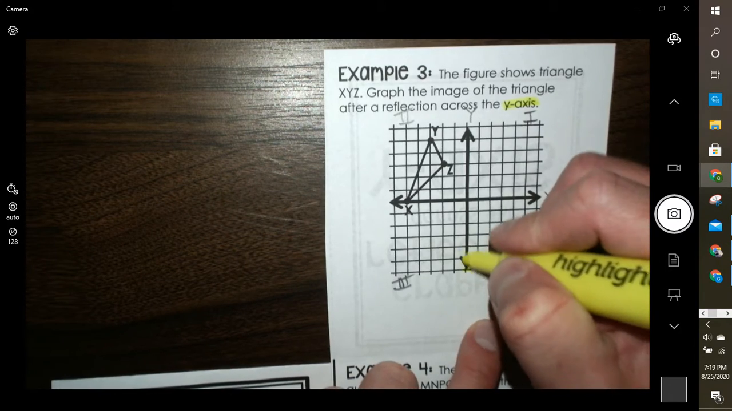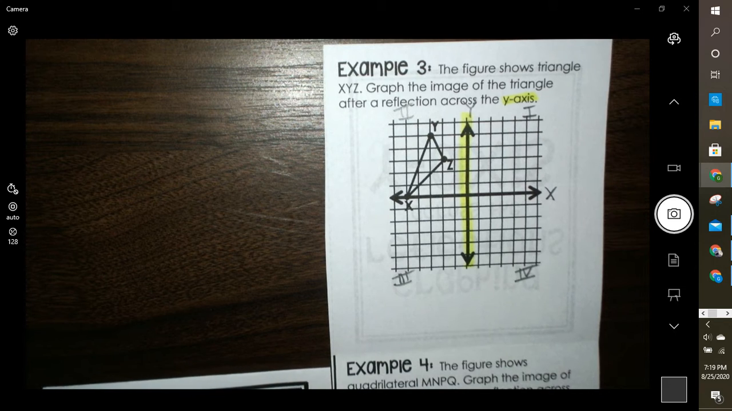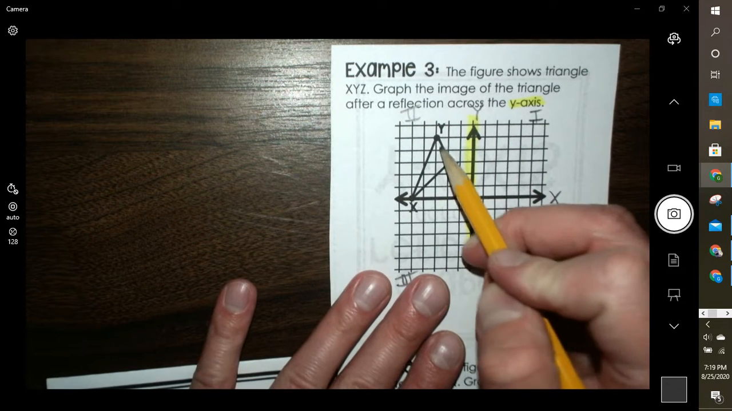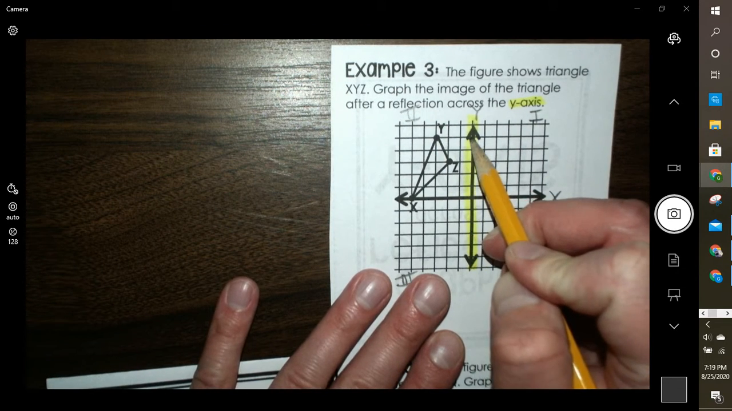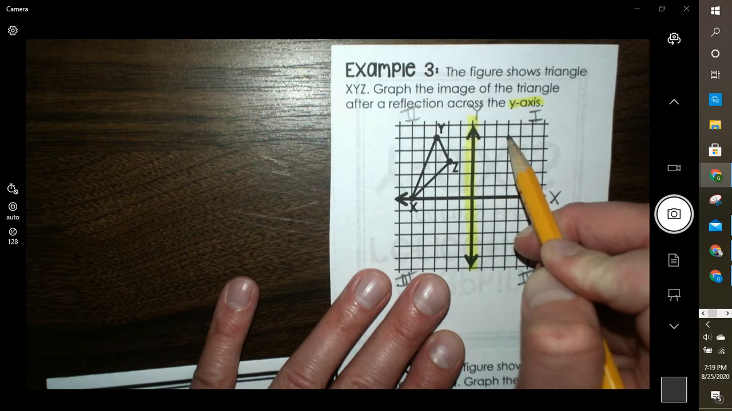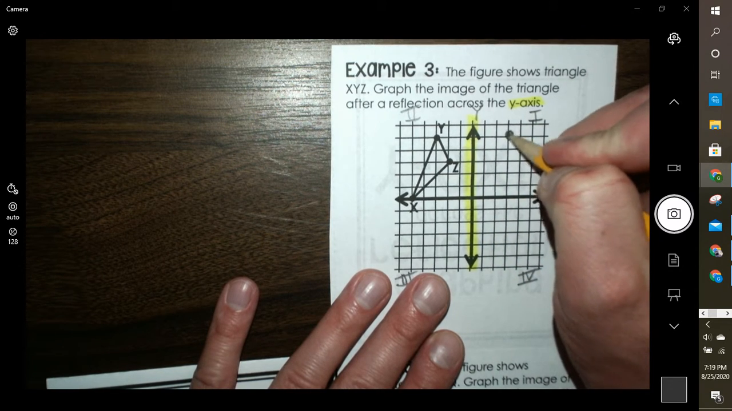Our y-axis going straight up and down. And again, you're going to use that same method we talked about before. We're going to count over how many units that point is away from the reflection line of symmetry, and then count the same units away. So I'll start from the top here. Y is 1, 2, 3 away from the line of symmetry,